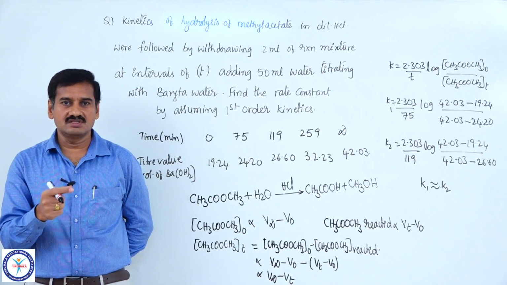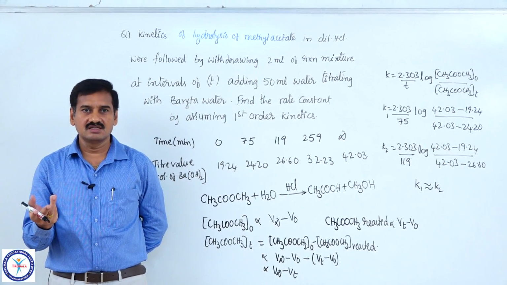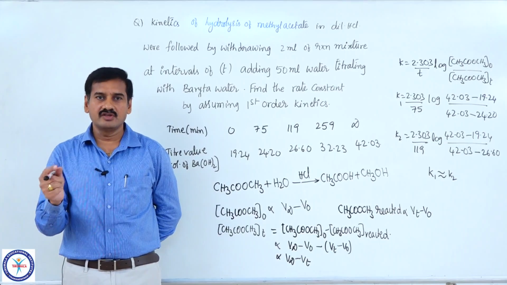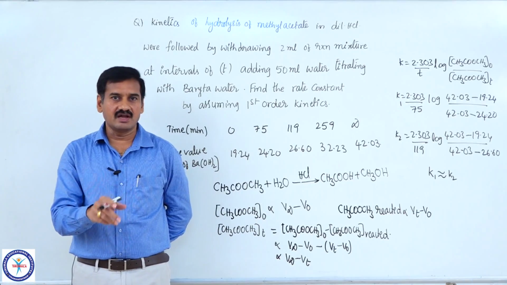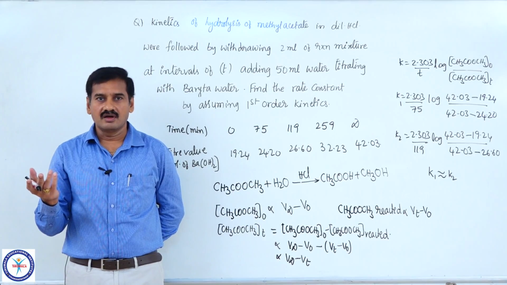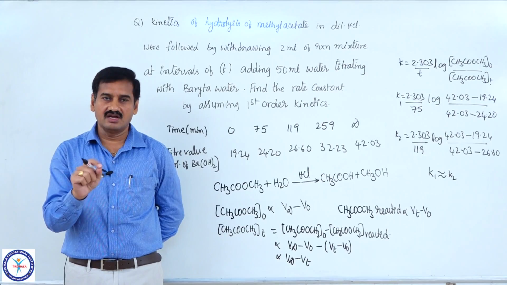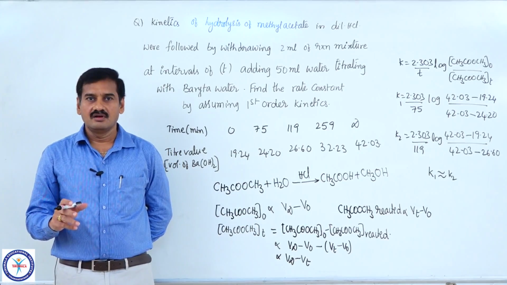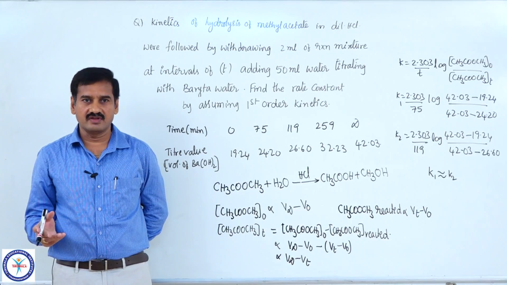Then one more method is the T-half method, the half-life period method. T-half of nth order reaction is proportional to 1 by initial concentration to the power of n minus 1. Based on that information, you are able to find out the order of reaction. Similarly, in the graphical method, by the concentration versus rate graph, you can identify the order of reaction. The graphs for zero and first order reactions are already given to you. So, these are different experimental techniques for calculation of order of reaction.